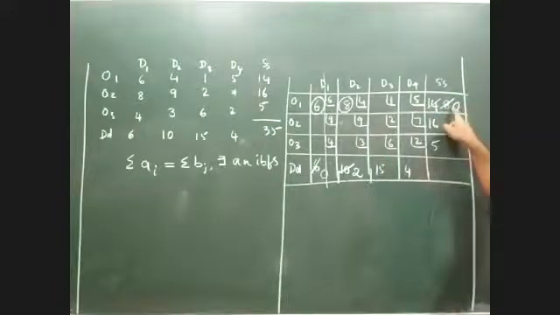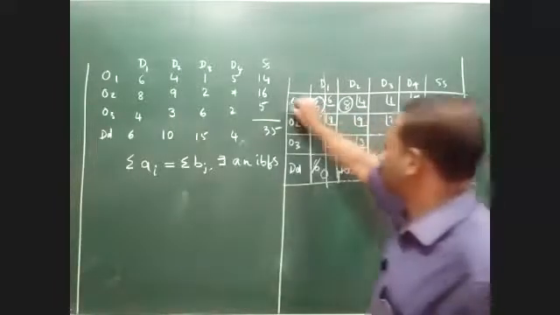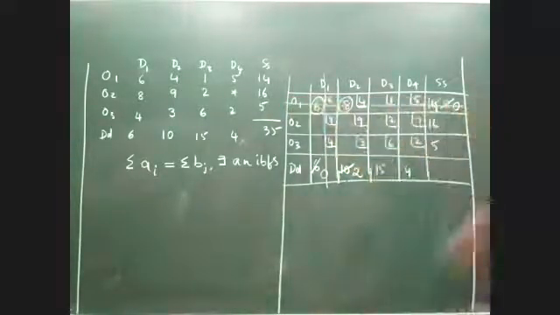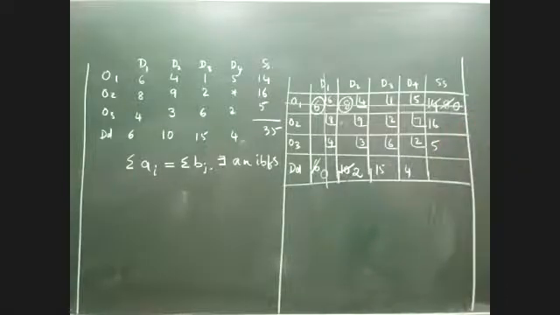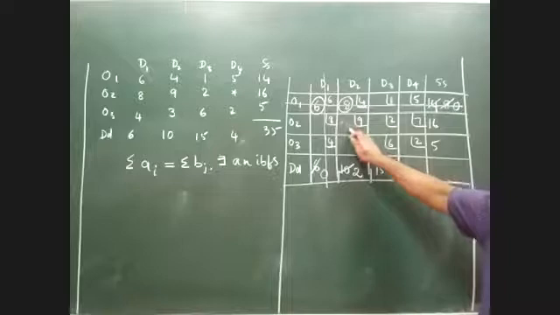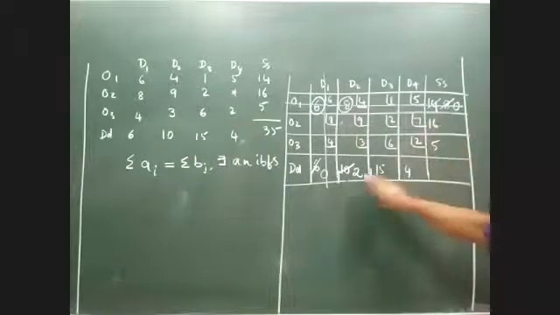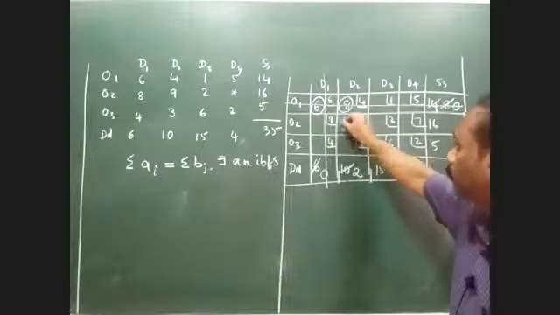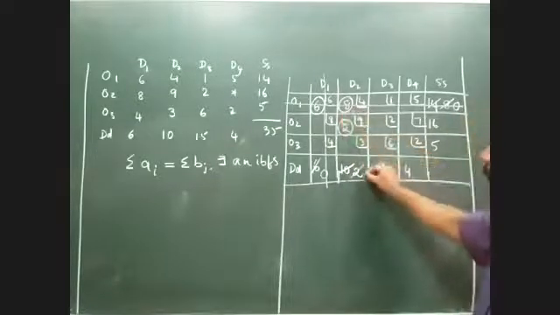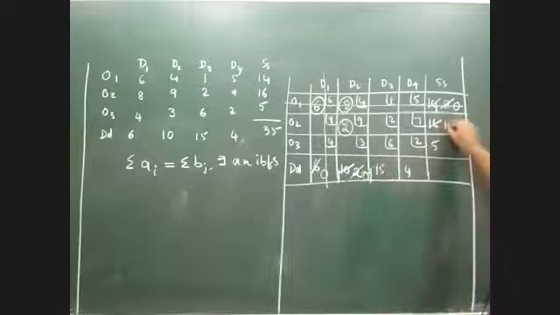Since the first row O1 has become 0, I am supposed to eliminate O1. O1 is exhausted. Again, you could see the matrix is reduced now. Now, can you please tell me which is the northwest element in the reduced matrix? 9. Very good. So 9 is the element. Again, compare the corresponding supply and demand. 16 and 2 are there. Obviously, 2 is the lowest value. So if I'm taking 2 here, this becomes 0 and this becomes 3.